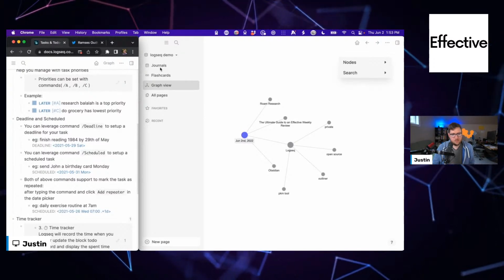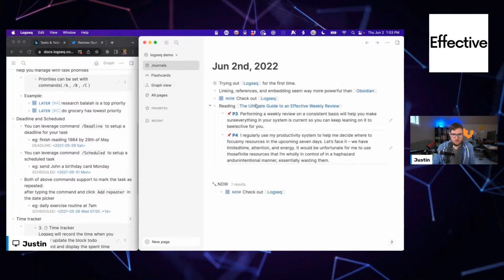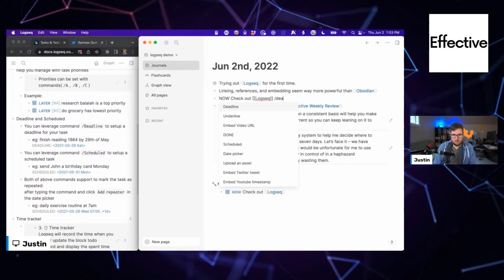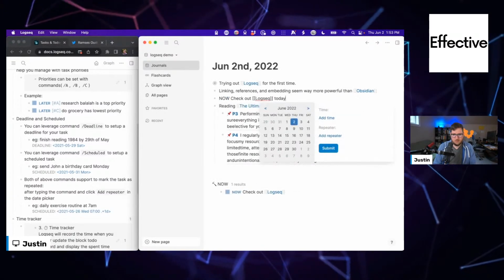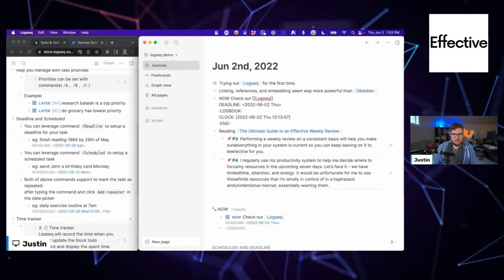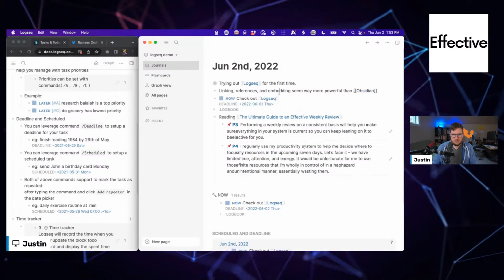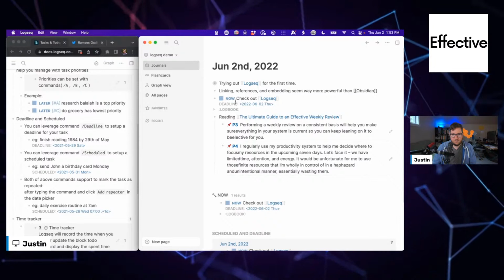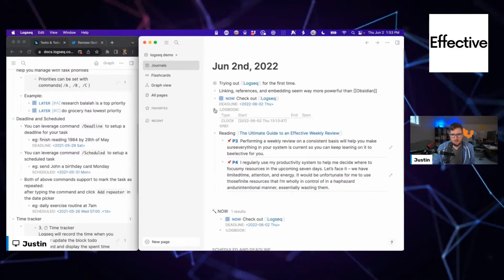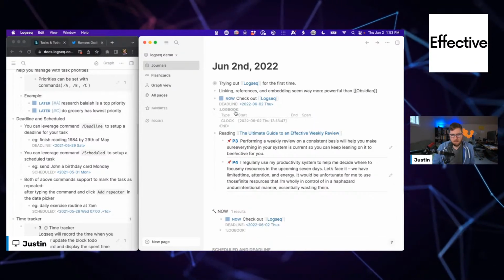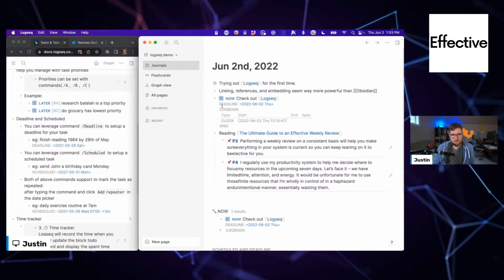I do like you can include deadlines. I'm gonna go here. Just say today. Yes, I can. Nice. Logbook, clock.